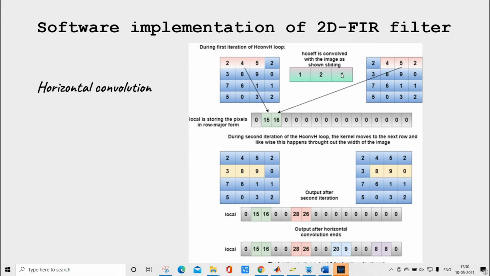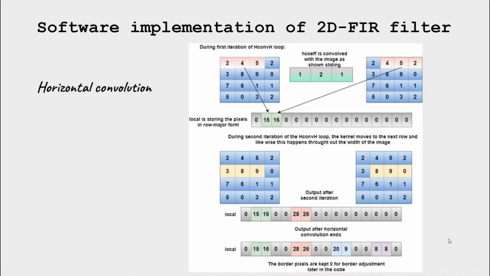Here also the same convolution with 1 2 1 is performed, and the resultant values 28 and 26 are stored in the corresponding position in the local variable. Then likewise, after it has passed through all the rows, the final values are stored in this local variable as such.